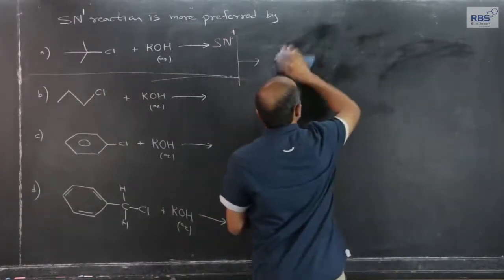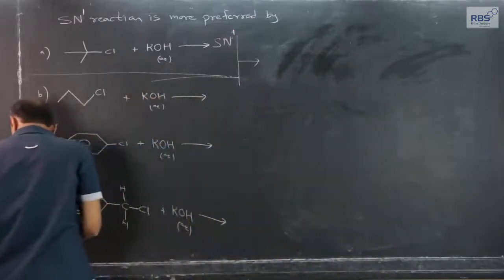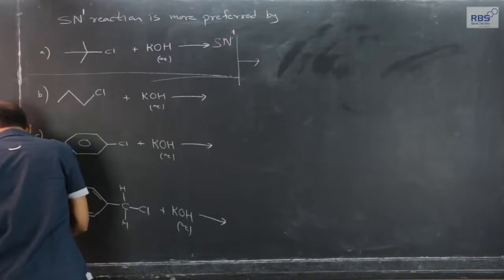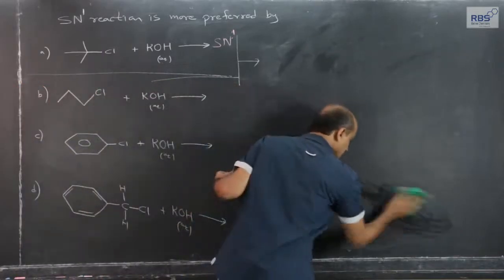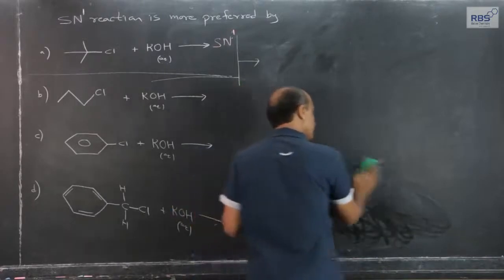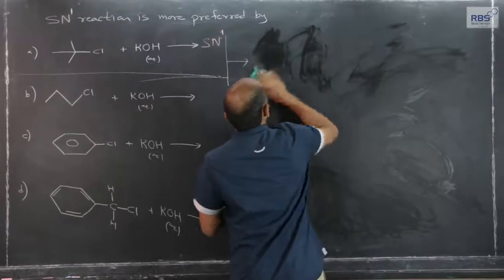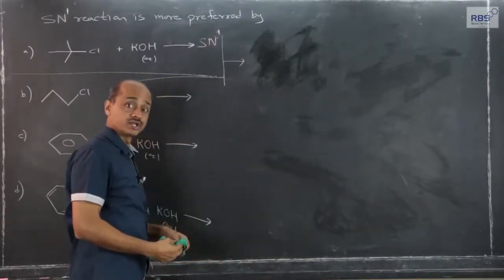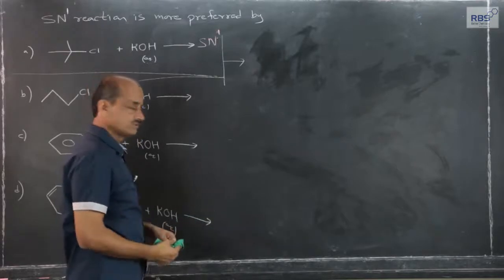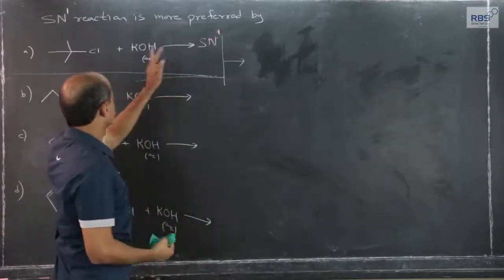SN1 means, the one stands for kinetics, do not mix it with mechanism. It is a two-step mechanism, first breaking, then attack of OH minus ions. For that, the alkyl halide should be bulky, it can be any other case. Here we are focusing on the alkyl halide, and first heterolysis, the requirement for heterolysis is a polar solvent and a polar bond, then in two steps it will take place, SN1.